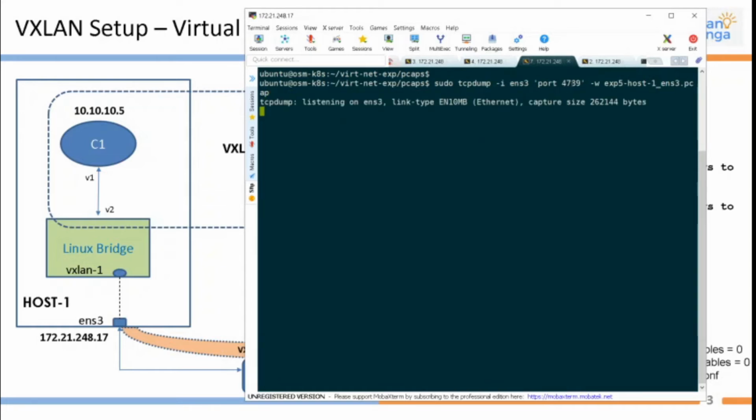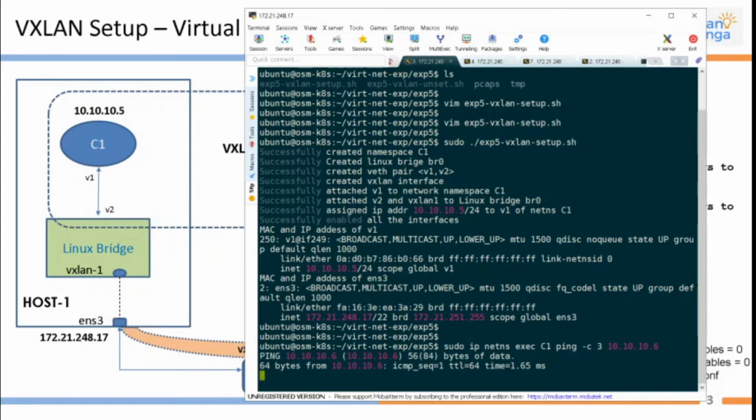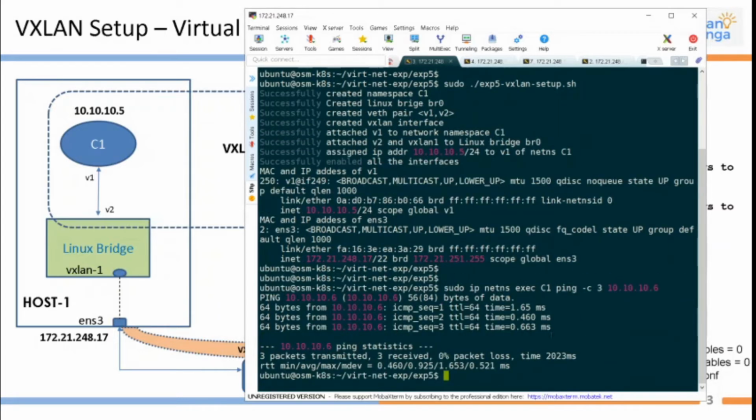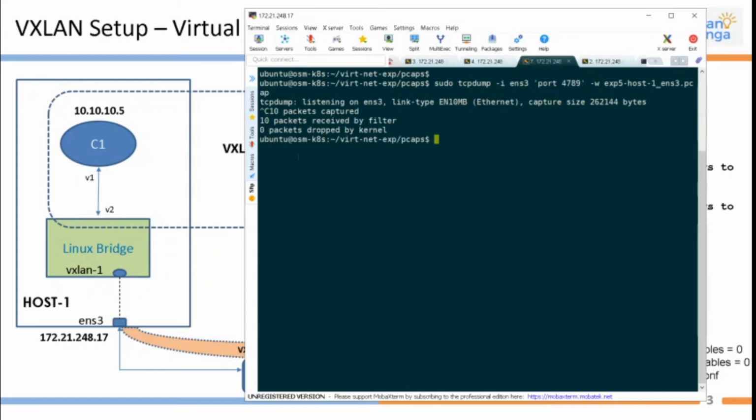Okay, we are only capturing the packets which have port 4789. Now we will initiate the traffic, right? Initiate the traffic from C1. Okay, pinging 3 times, successful, and we will stop. Okay, we have 10 packets. Very good.